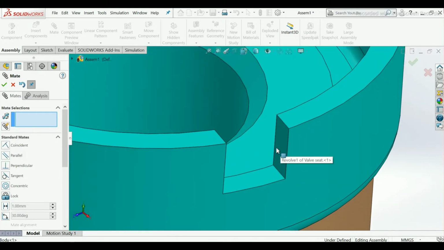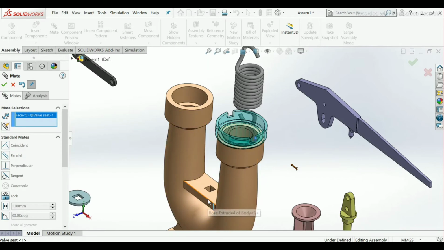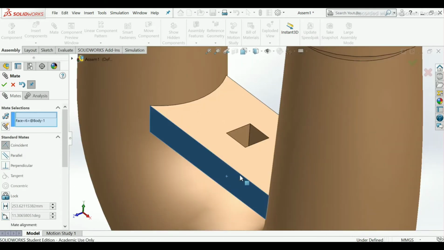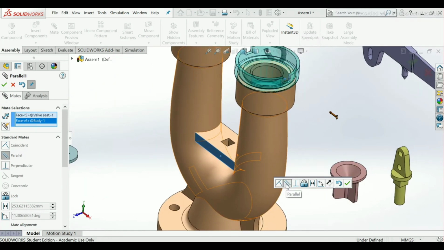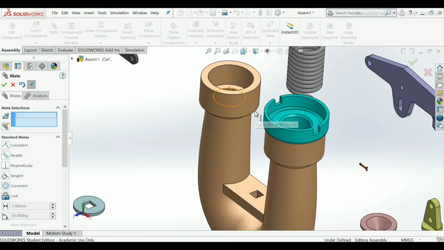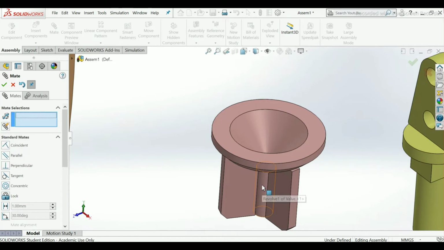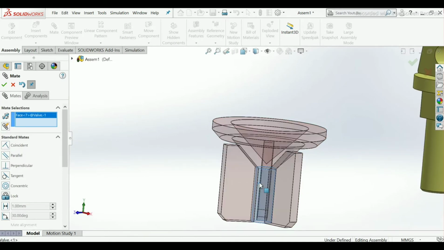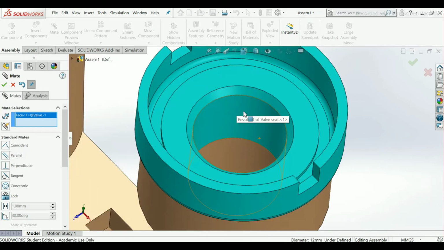Now select this cut face and this face. Make sure it will be parallel, so add relation parallel here, click OK. Now here select this face of wall and this inner face of wall sheet.